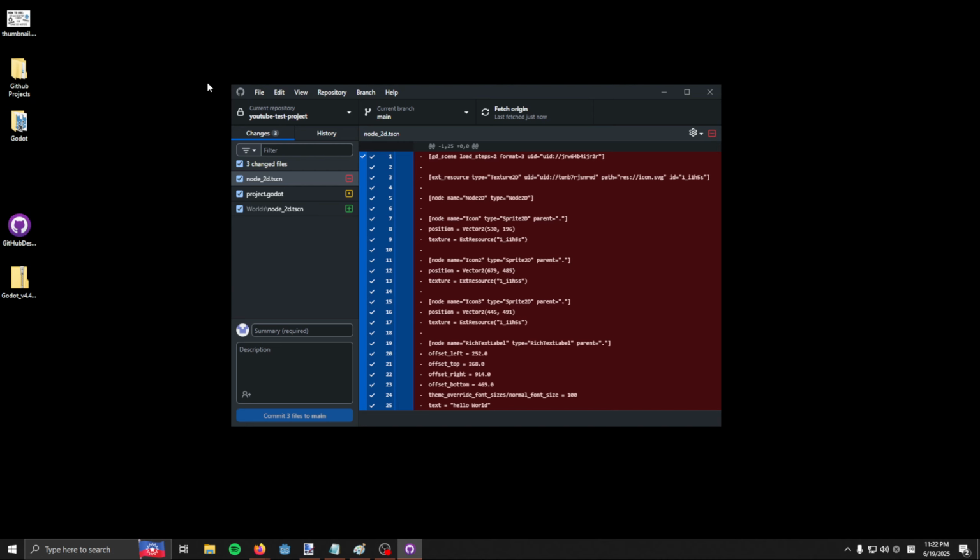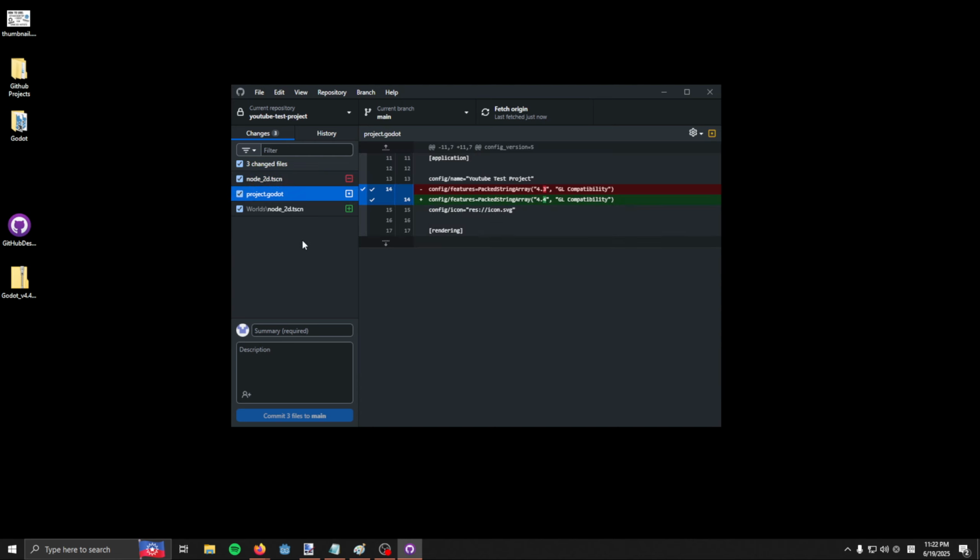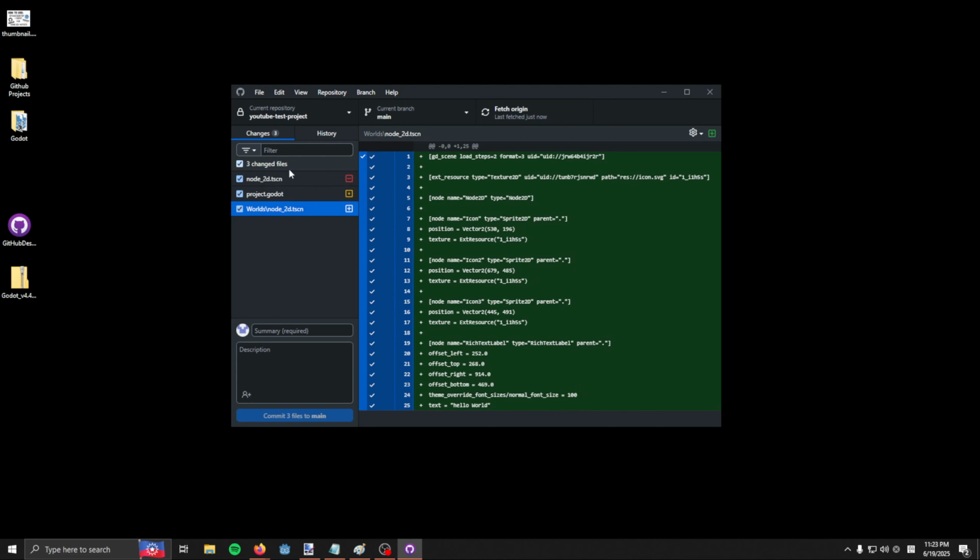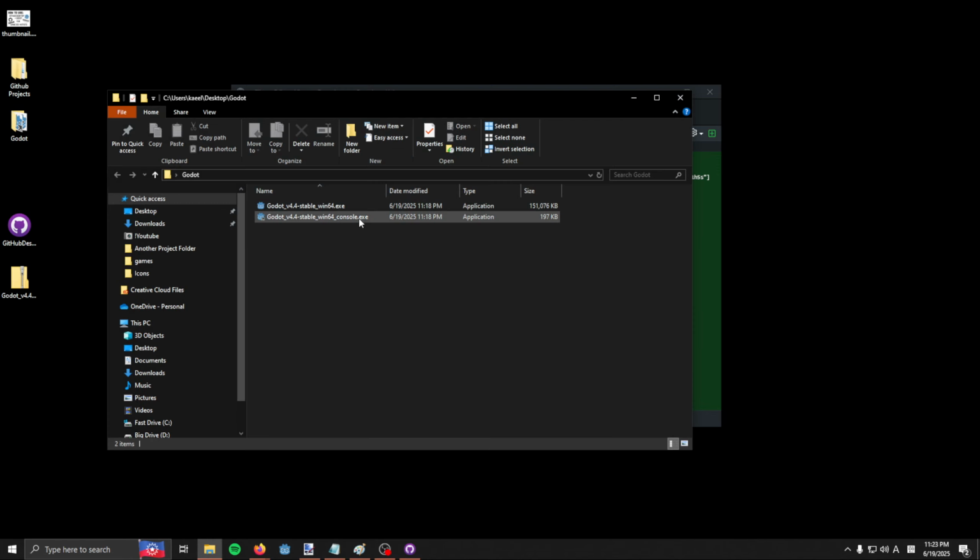your computer. So from here, you can ignore this because this is just because I made the project in 4.3, but we're using 4.4. You can ignore all these three. Usually nothing will happen here because you're not actually changing anything. What will happen though is there's going to be a little thing that says there is a new version, or you can pull if you press fetch origin, and you just saw that there was a pull button because there's one new update. Now what we can do is open up Godot again,